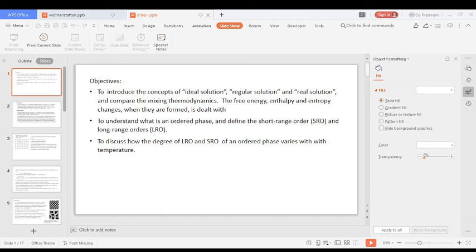This is not feasible in practice, however, as beta prime does not have the ideal copper-zinc composition. So beta prime exists over a range of compositions. If you look at the phase diagram, below a definite temperature beta prime is present, and when you heat it, this beta prime converts into a disordered beta.